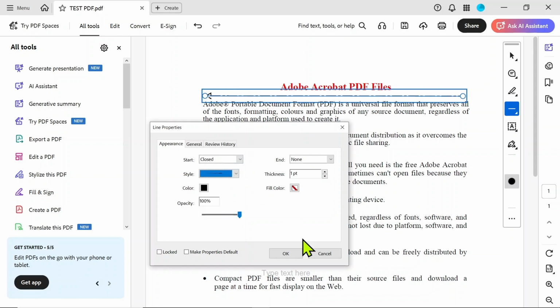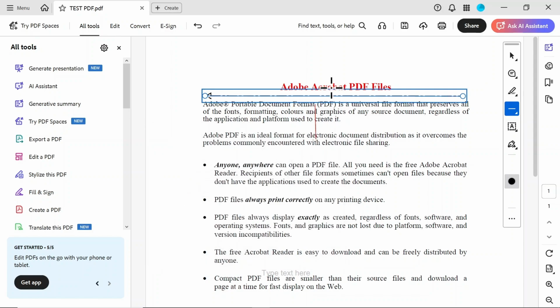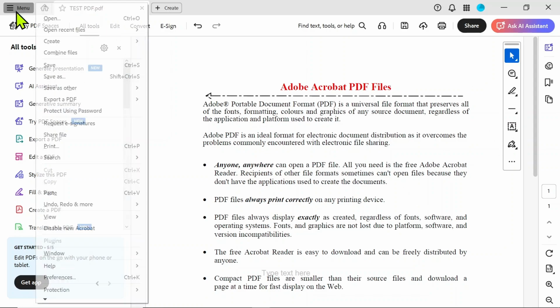copy. So, to keep it simple, open the PDF, go to Comment, choose the line tool, draw your line, adjust the color and thickness, then save the file. And that's how you draw lines on Adobe